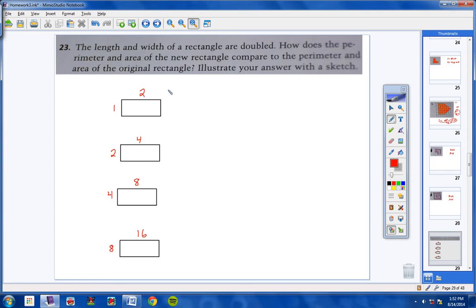Okay, so the perimeter of this rectangle, if I added up all the sides, would be 6. Trust me, that's correct, and the area would be 2. Now, if I added up all 4 sides of this rectangle, I would get 12, and the area would be 8. If I added up all four sides of this rectangle right here, I would get 24, and the area would be 32. If I added up all four sides of this bottom rectangle, I would get 48, and my area would be